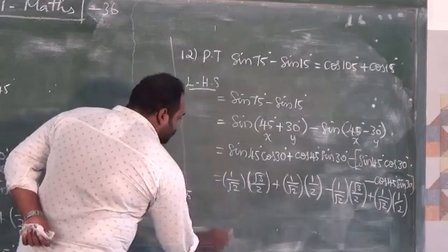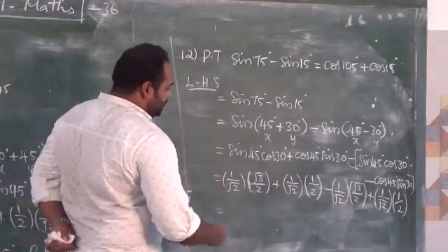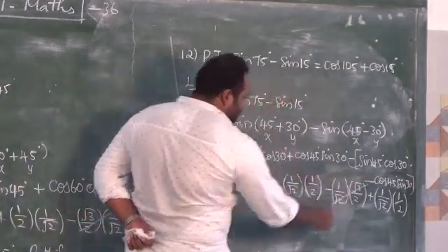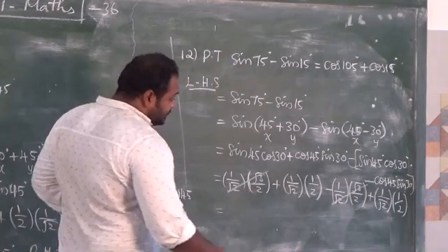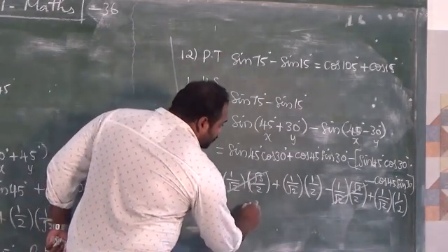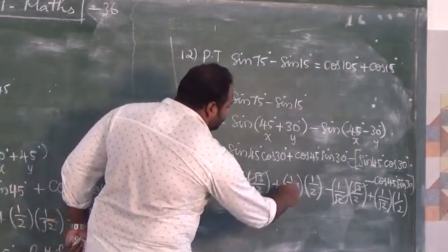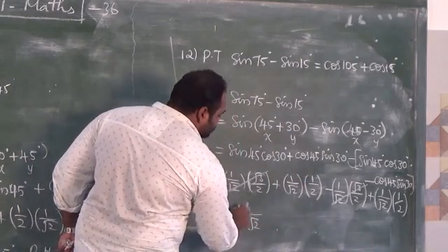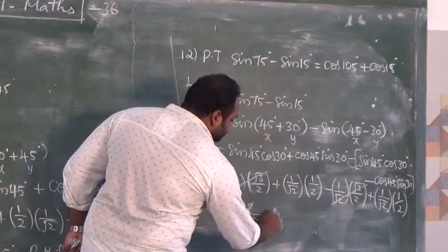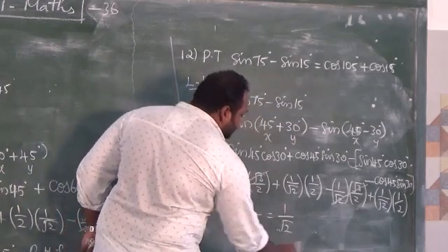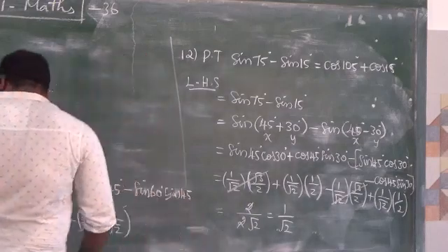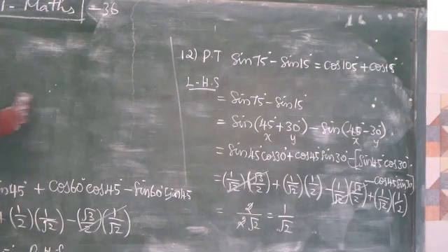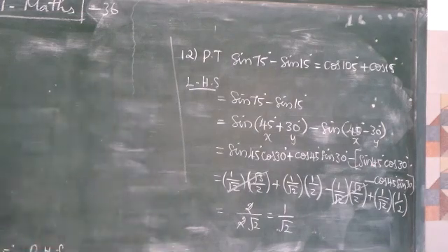So if you simplify this, is there any cancellation here? Yes, here we have cancellation, this and this. The remaining is 1 by common denominator 2 root 2. So it is 1 plus 1, 2. If I cancel this, 1 by root 2 is the answer for the LHS. Next, I have to find the RHS. To get the answer 1 by root 2, then we can say LHS equals RHS.